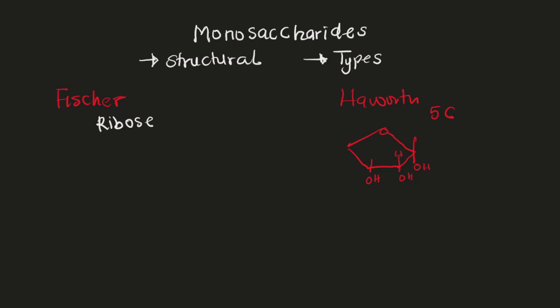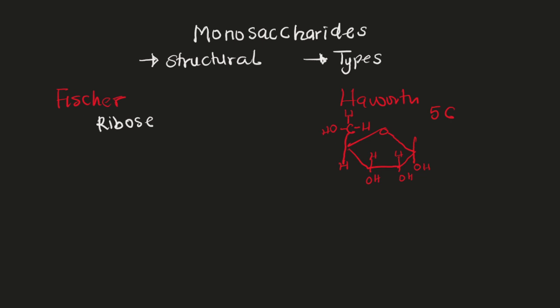So here, let's count the carbon: 1, 2, 3, 4. The carbon is actually 4 here. But what we are going to do is have another one here, which makes 5. So we're going to have hydrogen here, you can have OH here, and hydrogen here. So that's basically the structural form of